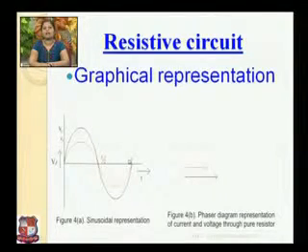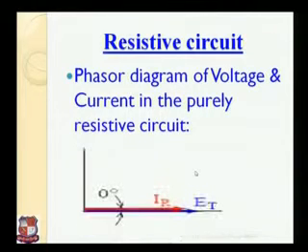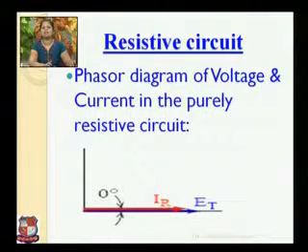If you change the circuit element, the phase relationship between voltage and current will change accordingly. This is the vector representation. As we discussed last session, any alternating quantity is represented by a vector, whose length indicates the magnitude and whose orientation indicates the direction. As shown in the figure, both vectors have different magnitudes, but the direction of both is always the same. This is the graphical representation for voltage and current, the phasor diagram of voltage and current in a purely resistive circuit.